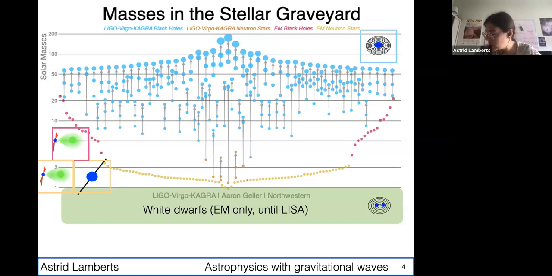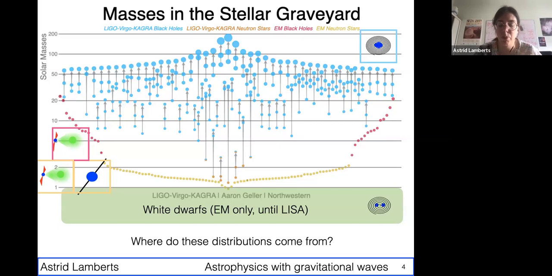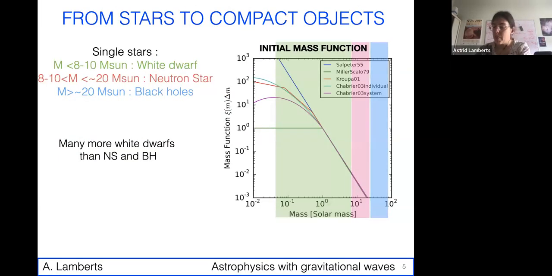Most of what I actually do is trying to understand where these distributions come from, what they can tell us in terms of how stars form and how they evolve. So that's most of what gravitational wave astrophysics is about. Astrophysics means there should be stars involved somewhere. And this is just really to take it back a few steps. I know you all come from different backgrounds, so I felt a little intro on astrophysics was useful.